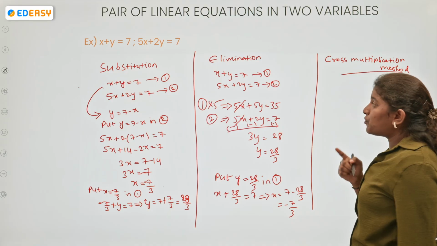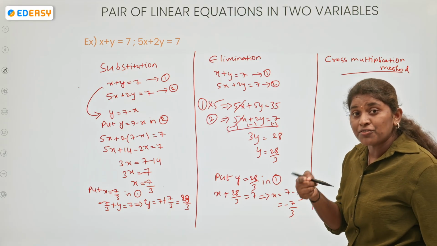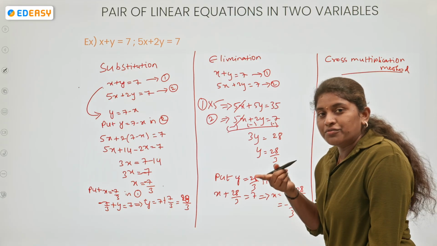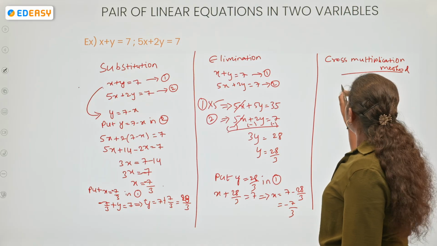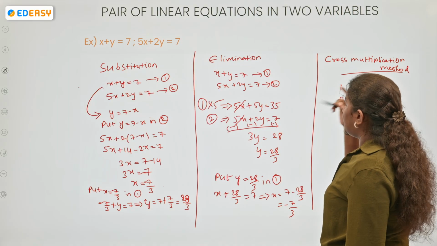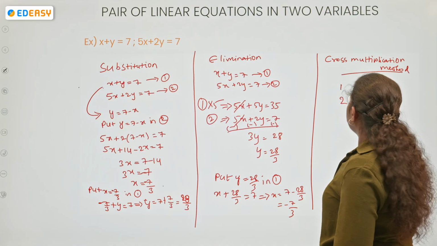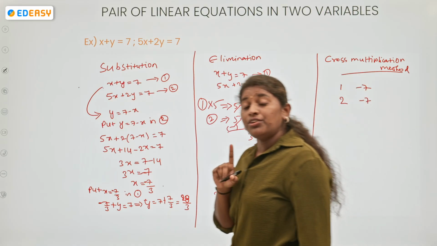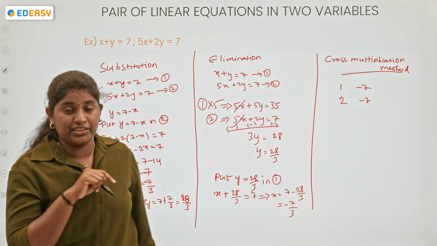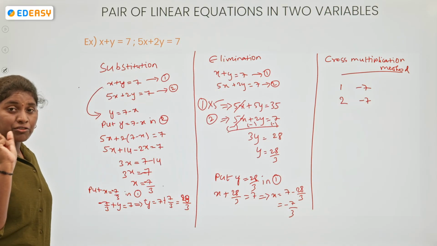So here, first of all, what we need to do, we need to take the coefficients of x and coefficients of y, right? So now I am taking the coefficients of y as 1, 2, and next constants will become minus 7, minus 7. See, here whenever you are using the cross multiplication method, you need to bring the given pair of linear equations